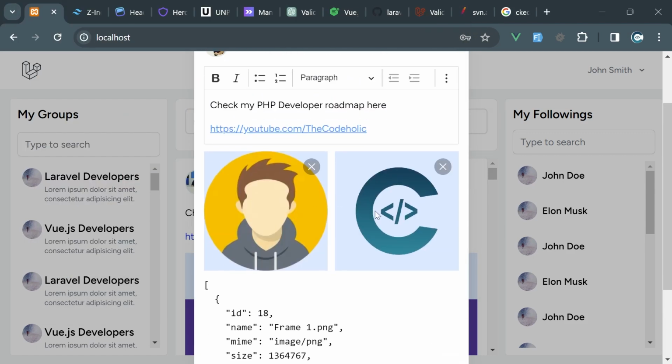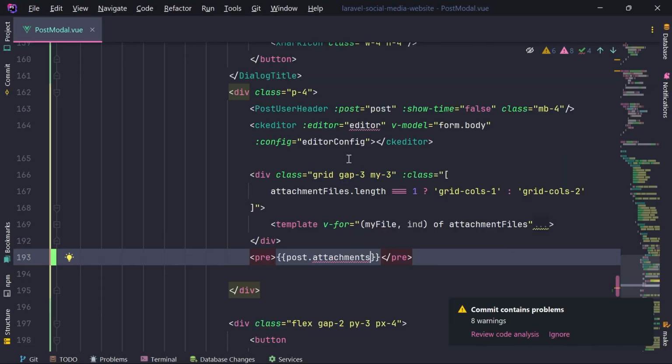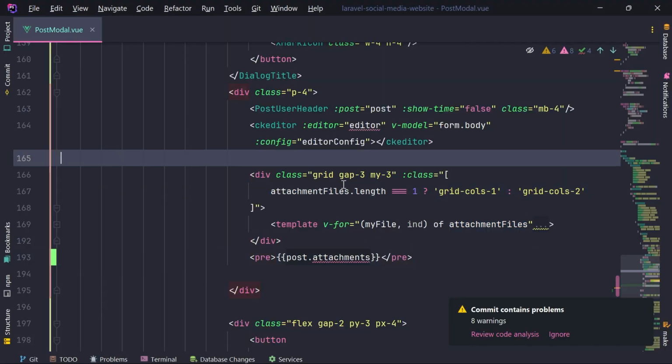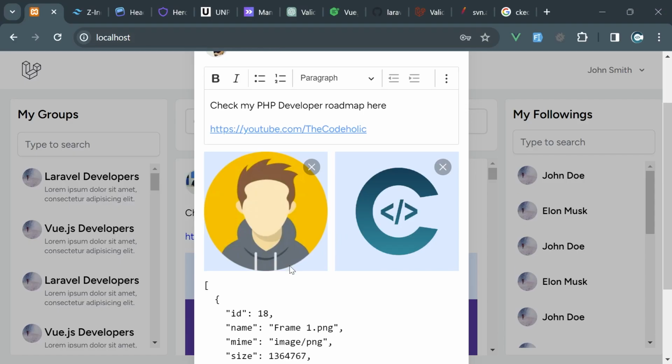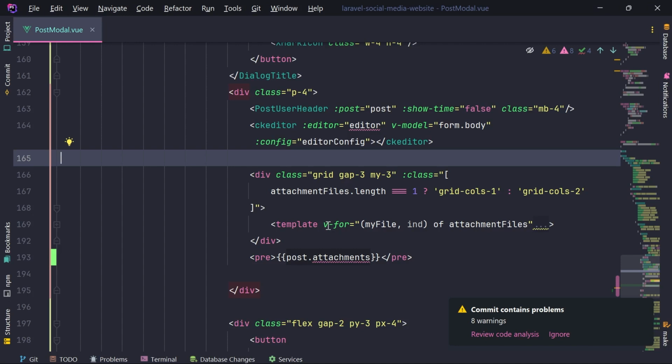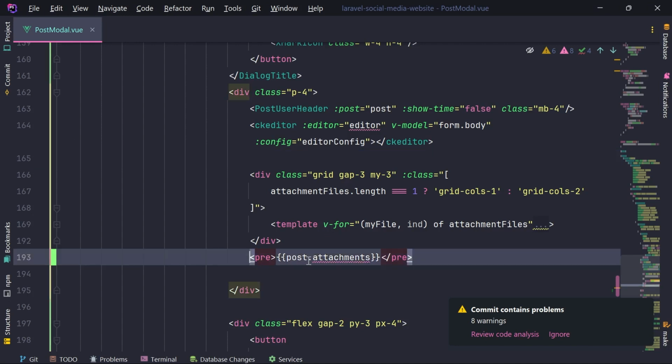Now we have two files here, and those are attachment files. But we have existing files as well, and I want to be able to delete those existing files. So I should probably start iterating over the existing files and create a similar preview right here,